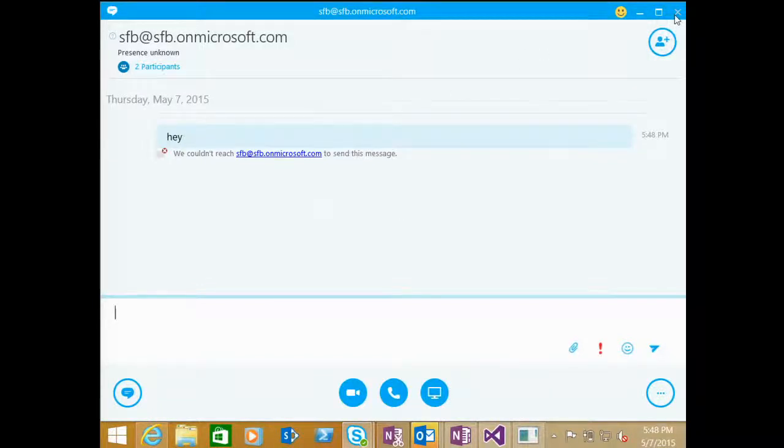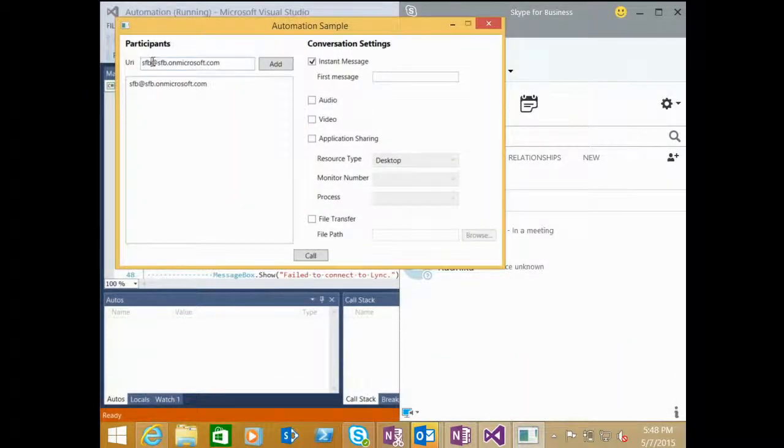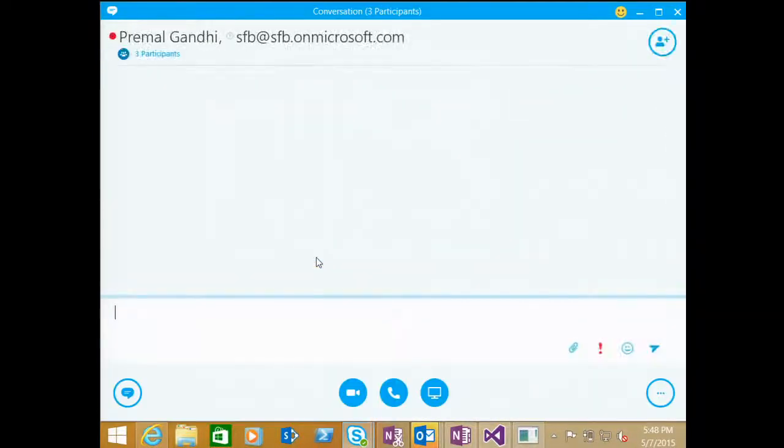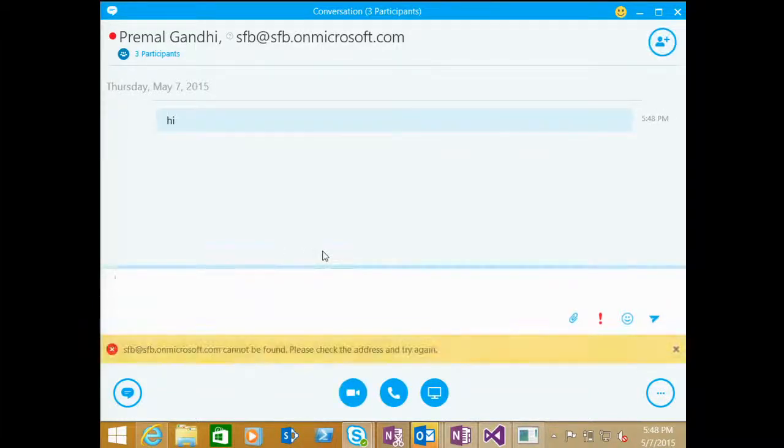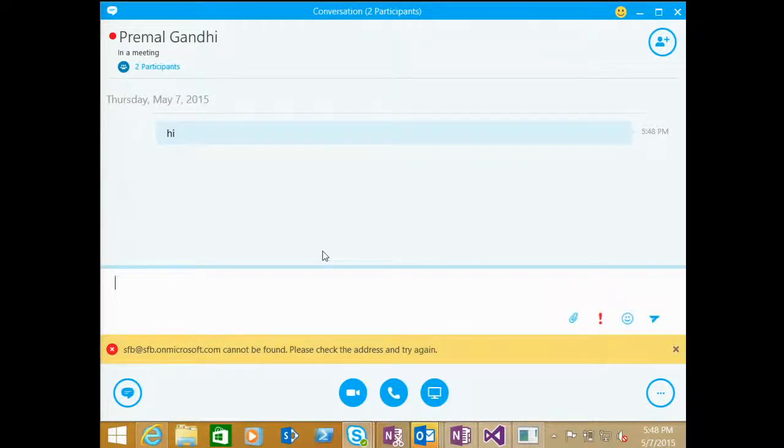Let me. Okay, I got the name wrong. Sorry about that. SFBMD. So let's add that. Yep. And as you can see, SFB is not a valid user, but SFBMD is. And on my other screen, I got the message, and